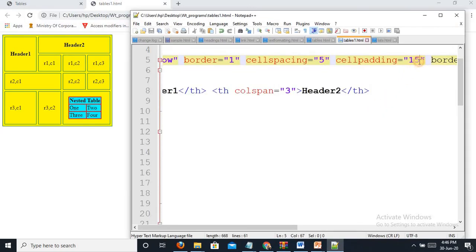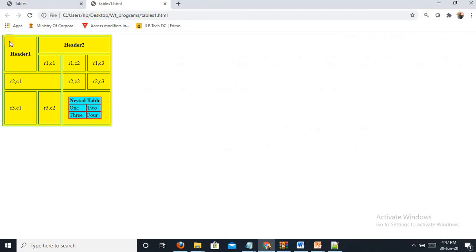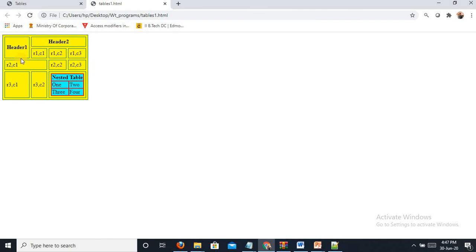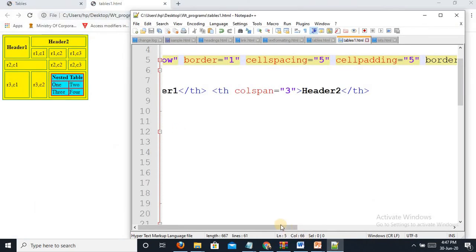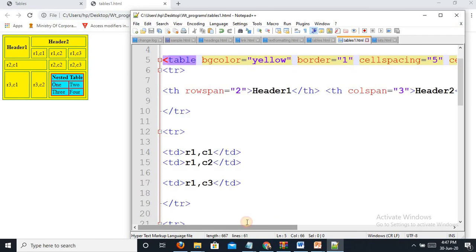Cell padding, I have given 5. Cell padding means the space in between the data and the cell border. The space in between the data and the table size is taken. So see, here I had taken rowspan equal to 2.